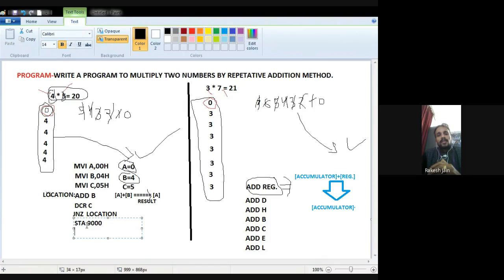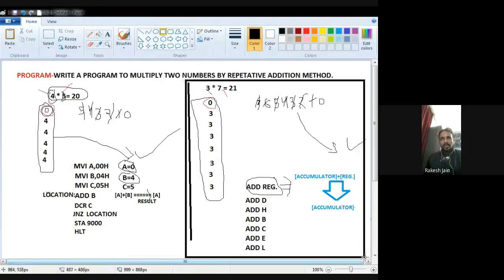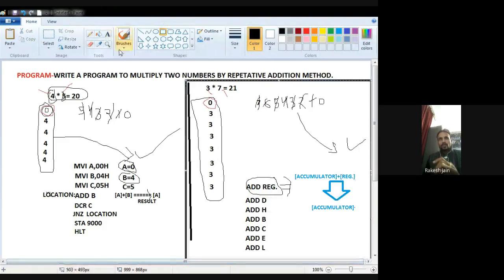But when I do the programming in the 8085 microprocessor, this 20 will be in hexadecimal format, because the microprocessor only takes values in hexadecimal format and only generates the result in hexadecimal format. So at last HLT will be there, and now the program ends. So this will be a complete program for my today's objective.